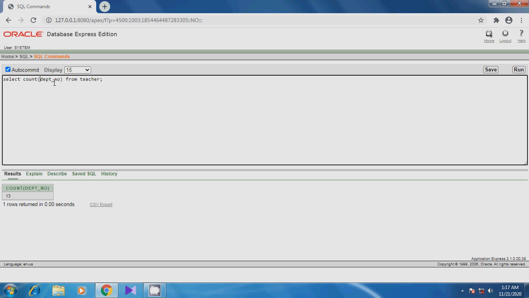So if you have to display only the distinct values, in that case you have to use the distinct keyword clause, right? So here you can see that only 5 is displayed. Okay, now